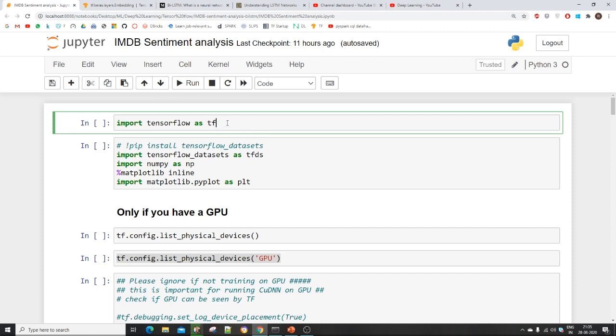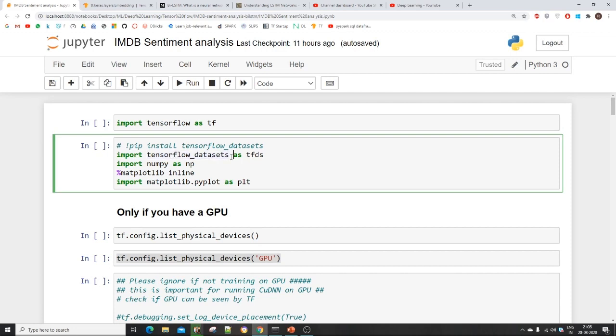So first of all, I will import TensorFlow as tf, and if you are using TensorFlow for the first time, you need to install TensorFlow by using pip install tensorflow. Here is one of the beautiful features of TensorFlow, that is TensorFlow Datasets. TensorFlow has released another platform, TensorFlow Datasets, in which you can also upload datasets, and many of us have already uploaded many datasets, so we can use those datasets without needing to search anywhere on the internet. Some of us are not aware of how to find a dataset to work on, so we can use this feature, TensorFlow Datasets. And this is a library. If you are using this for the first time, you need to do pip install tensorflow-datasets.